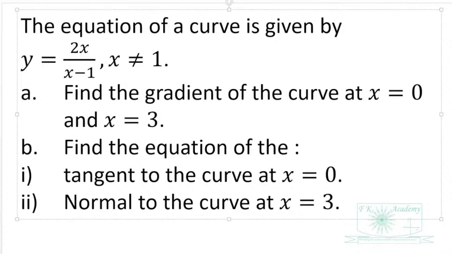We are going to prepare for the exams by going through these questions. Further mathematics. The equation of a curve is given by y equal to x over x minus 1. X not